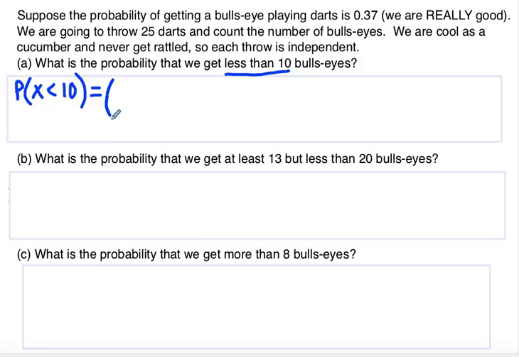So when we set up our formula, again at the top is the total number of trials. Here we would start with 0 successes. The probability of success was 0.37. We raise that to the number of successes. Then we do 1 minus 0.37,